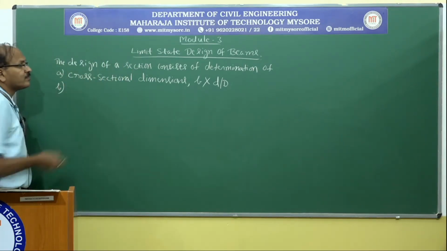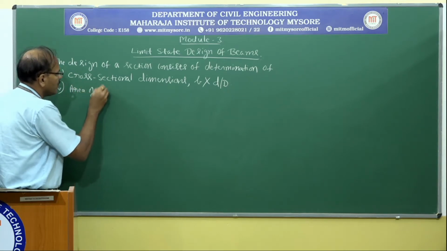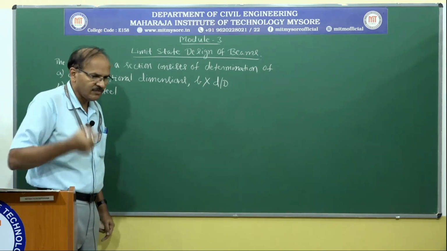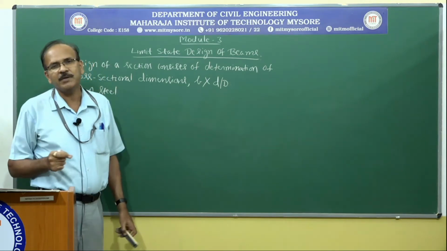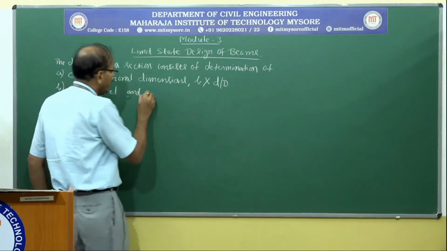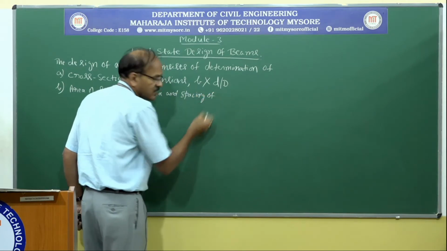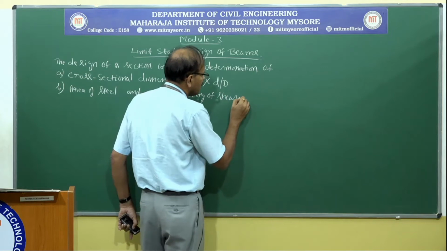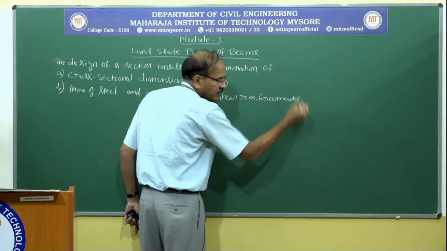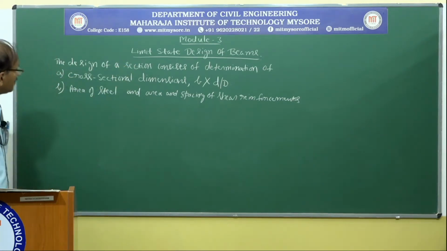Next is determination of area of steel. Both Ast and Asc: Ast in case of singly reinforced, and Ast and Asc in case of doubly reinforced section. Then area and spacing of shear reinforcements. Is it clear to you? So this is what we do. So we are going to design